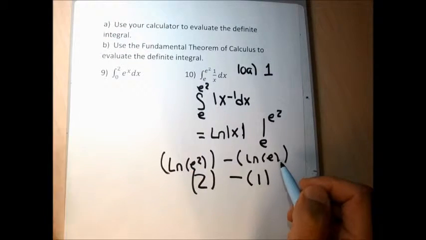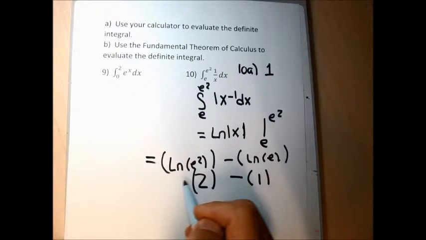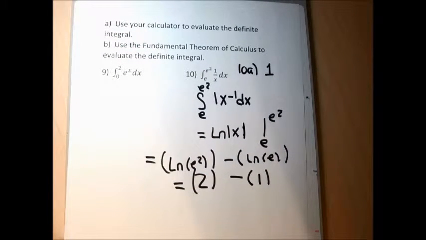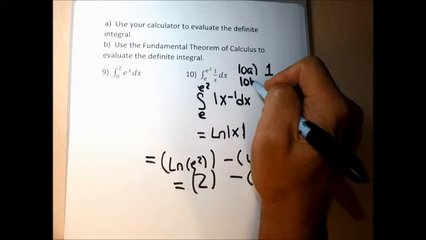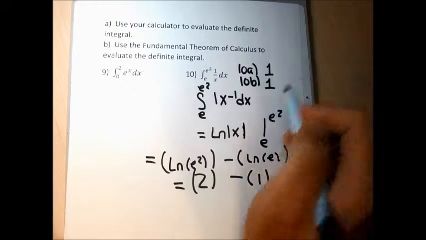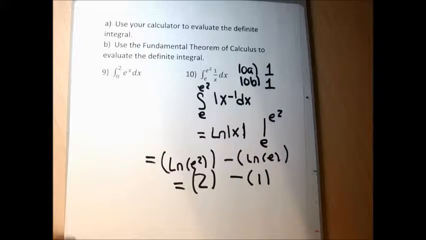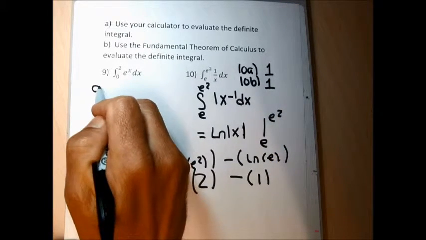So this is the kind of work that I need to see if this was your test question. And this is going to give me 2 minus 1, which is 1. My answer to 10b is also 1. For your 9, let me just real quickly do number 9. For 9a,